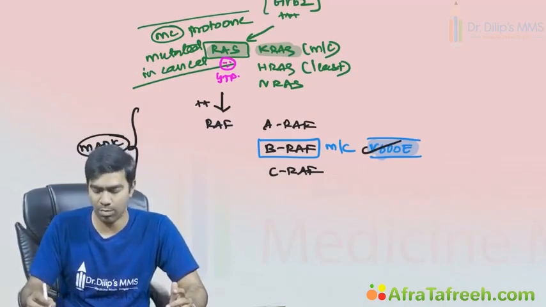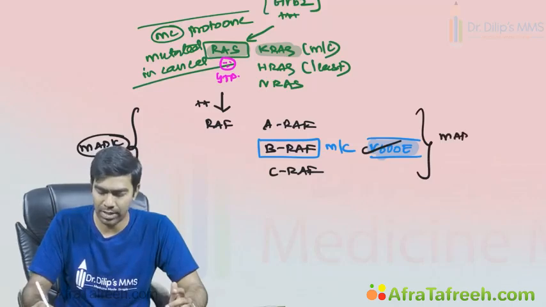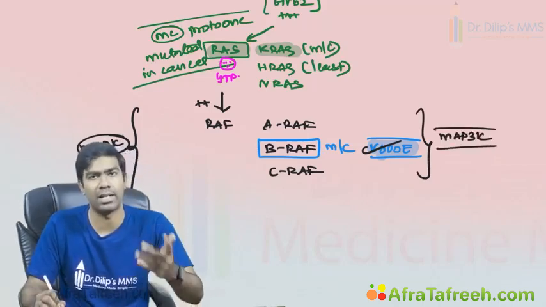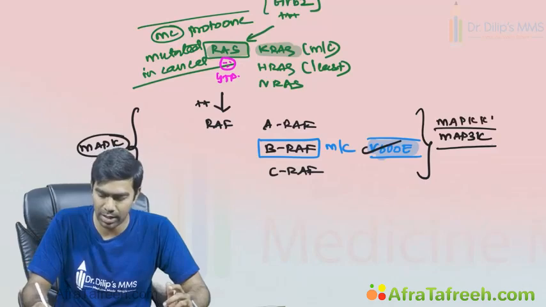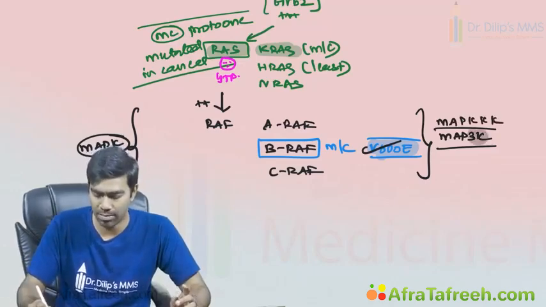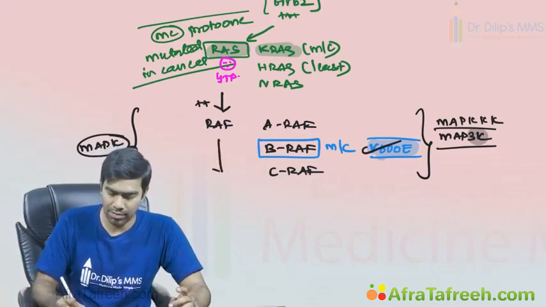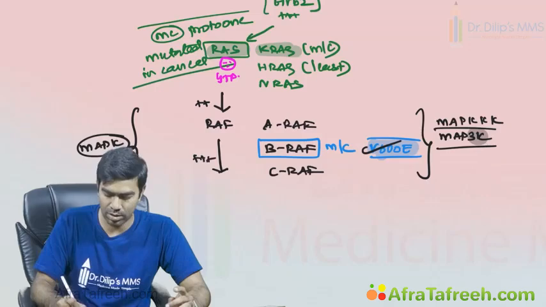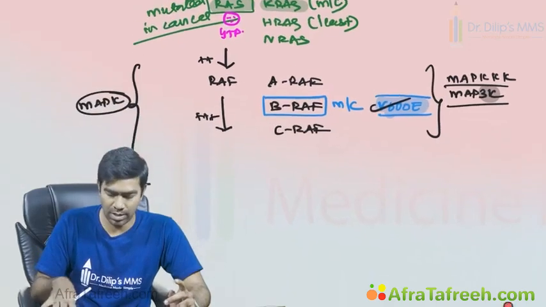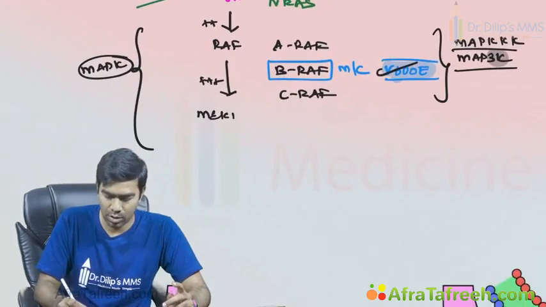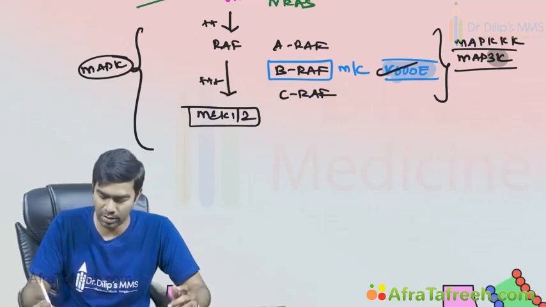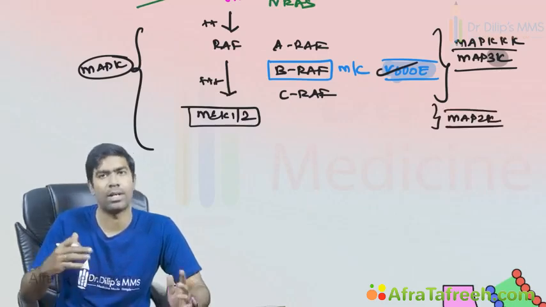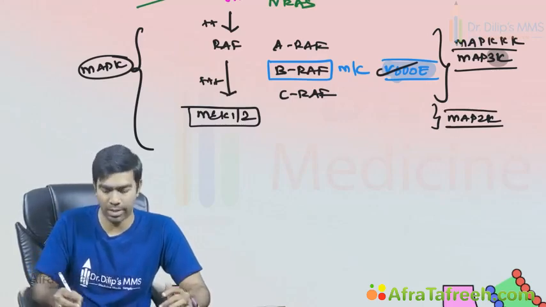So this RAF family of molecules, we tend to call it MAP3 kinase. One of the examples of MAP3 kinases is this RAF family of proteins, otherwise referred to as MAP-KKK, or you can say MAP3 kinase. Once RAF is activated, it's going to activate further downstream pathways. For example, in this condition, they are going to activate a group of proteins called MEK. These are called MEK1 and 2, and these MEKs are also referred to as MAP2 kinases, or you can write MAP-KK. So these are called MEK.